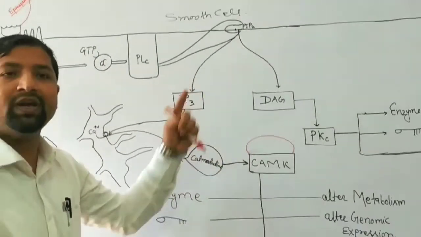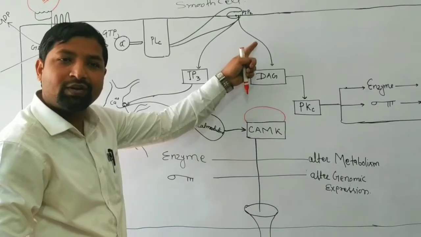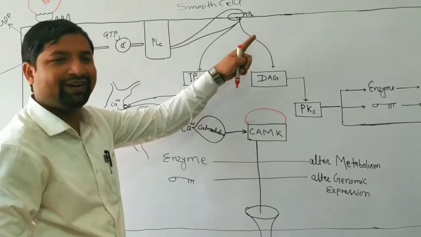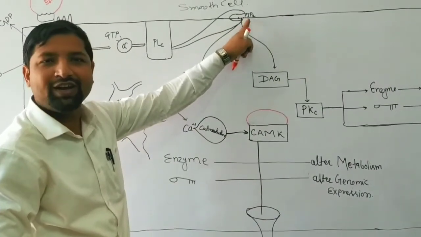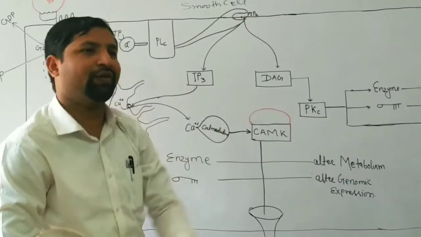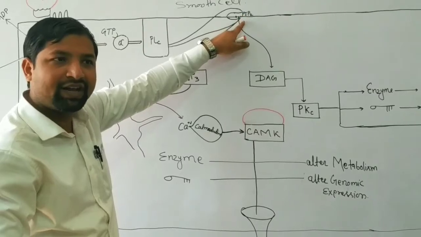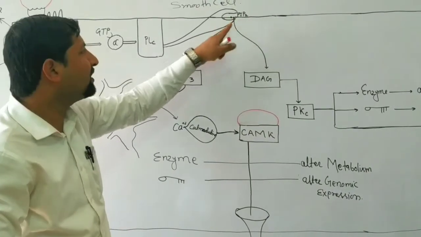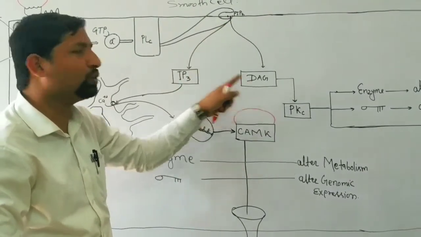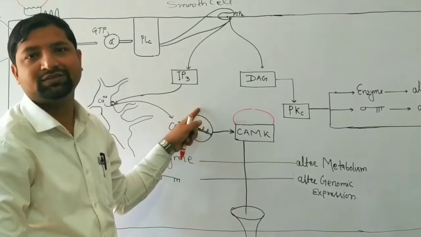What is the full form of PIP2? Phosphoinositol diphosphate. Good. So phosphoinositol diphosphate. Now this membranous protein, after cutting, will change into the two secondary messengers known